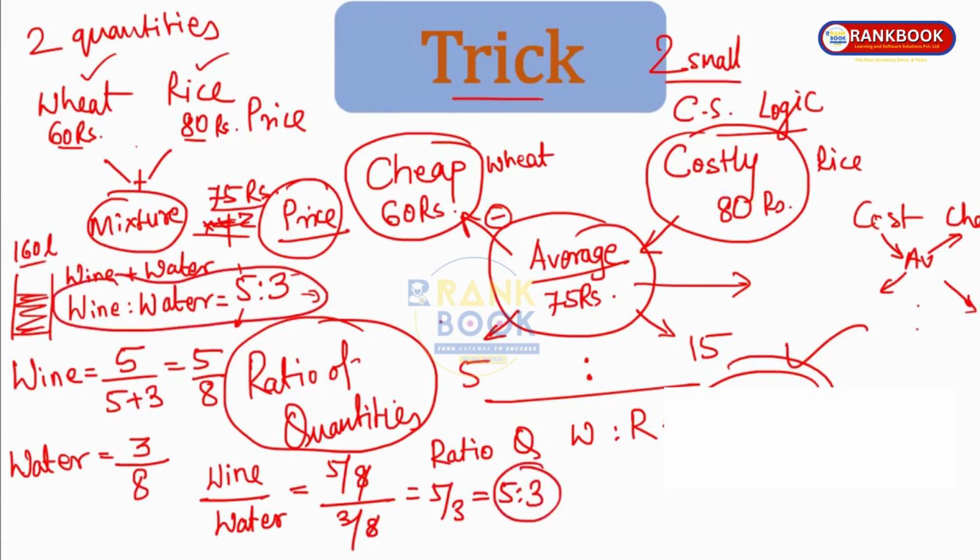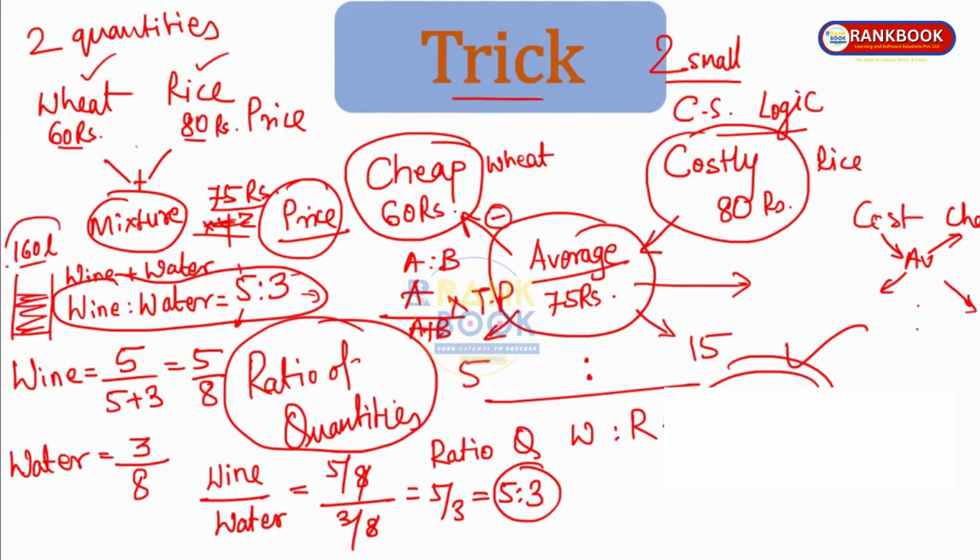So whenever you have a mixture and the ratio of two quantities is given, one quantity can be expressed very easily as 5 upon 5 plus 3, that is 5 upon 8, that is 5 upon the total amount of liquid. You must have seen the videos related to partnership or ratio and proportion. This is similar to that. Whenever we are finding the share of profit of A and B, if it is A is to B, the share of A would be A upon A plus B into total profit, right? Same way over here, the amount of wine is 5 by 8 parts.